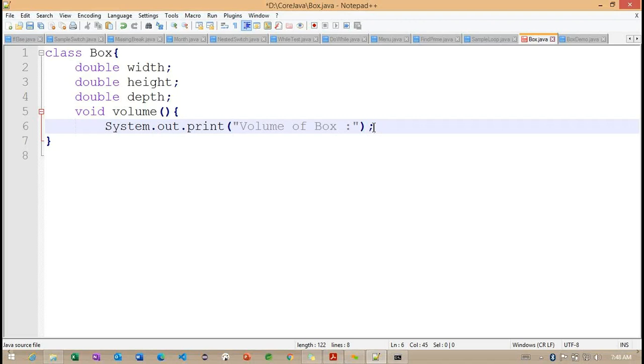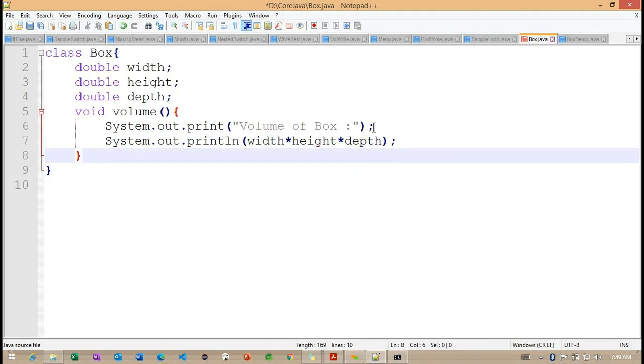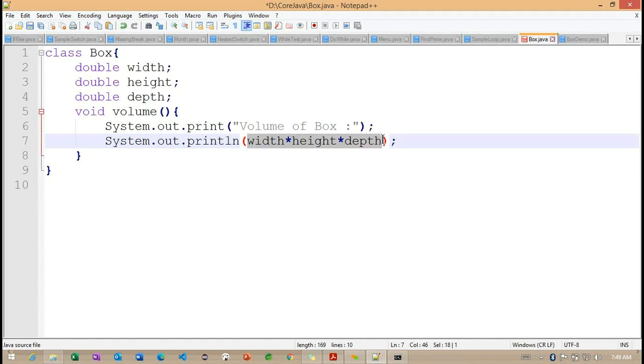When we provide this message, on the console we are going to get this message. Later, System.out.println, I'm connecting with our println method: width into height into depth. Getting the point. So these are the messages I'm going to print, and with the help of this multiplication, whatever return value we get, we are going to print in our console.